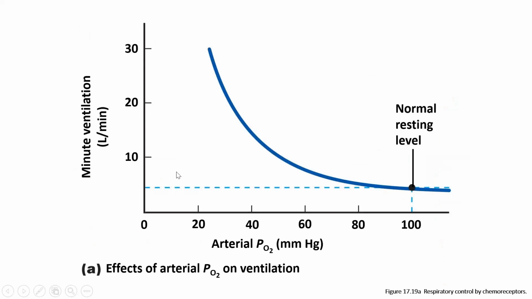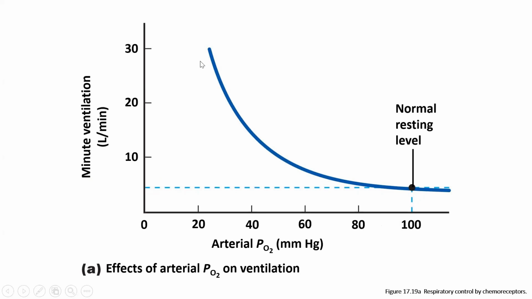Okay, so looking here at our minute ventilation and comparing that to the arterial partial pressure of oxygen, which is a reflection of how much oxygen is around, what we see is that we like for oxygen to be at 100. If we think about those partial pressures, we said that in systemic arteries, the normal partial pressure of oxygen should be 100. And so what we're seeing here is that there has to be a very substantial dip in that partial pressure before the rate of ventilation actually increases. All right, it has to go to about 60 or lower